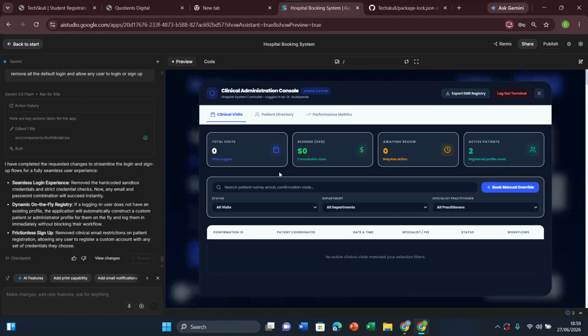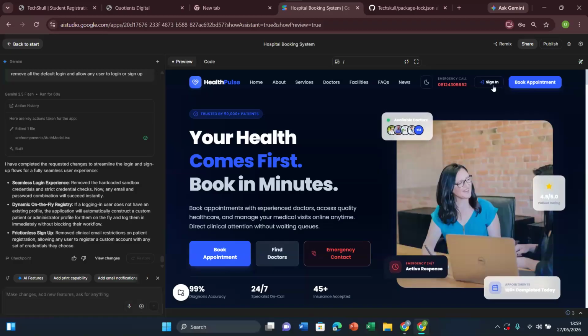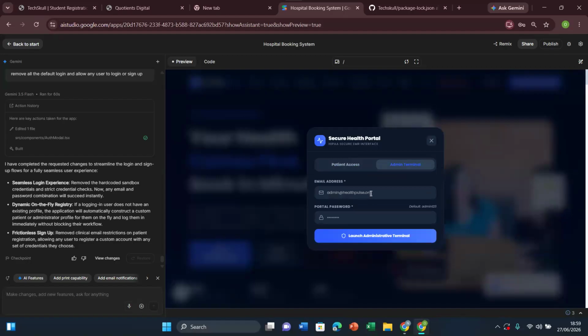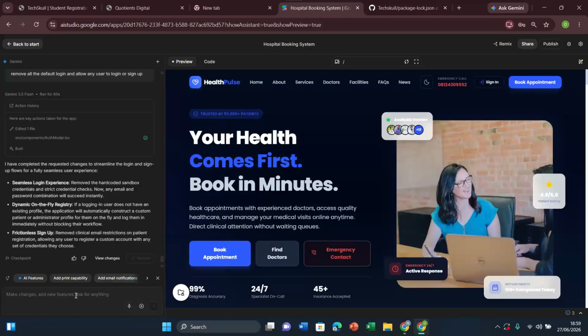And if you remember, we've not even created our admin dashboard. Now that we have our sign up form for patients, and we have a login form for the patient, and we also have an admin login form, the next thing I'm going to do is come here and say I want